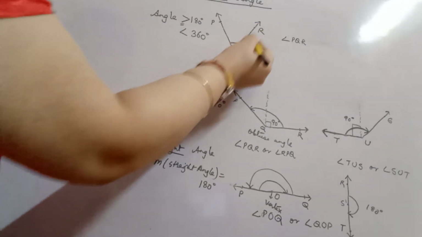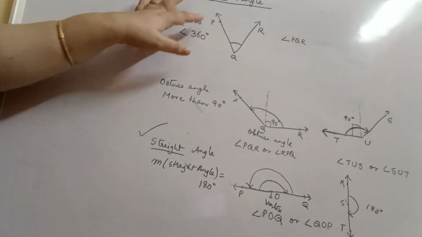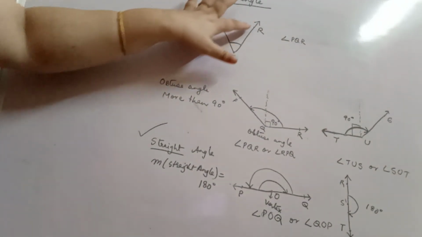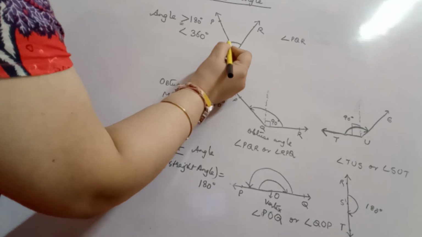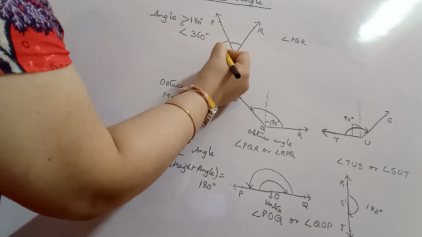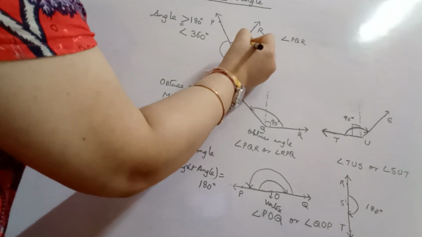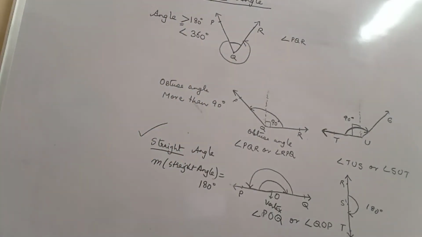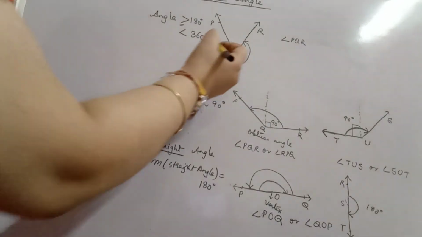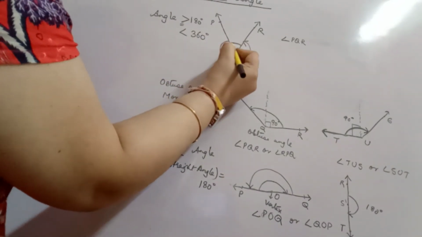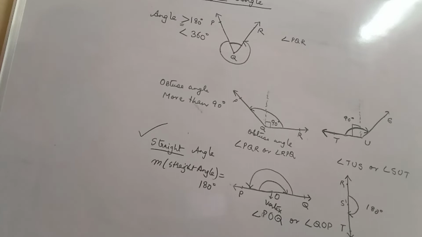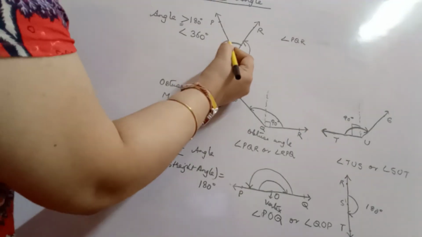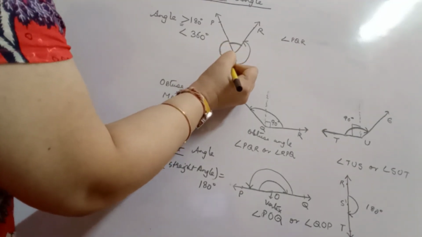Can I have another type of angle in this figure only? Up till now I told you that this is just one angle, but there is another angle. If I start from the other side, say PQ and go till QR from the other side. See the marking here? In the first part I marked from PQ to QR, which is less than 90 degree, but another side is PQ to QR, which is